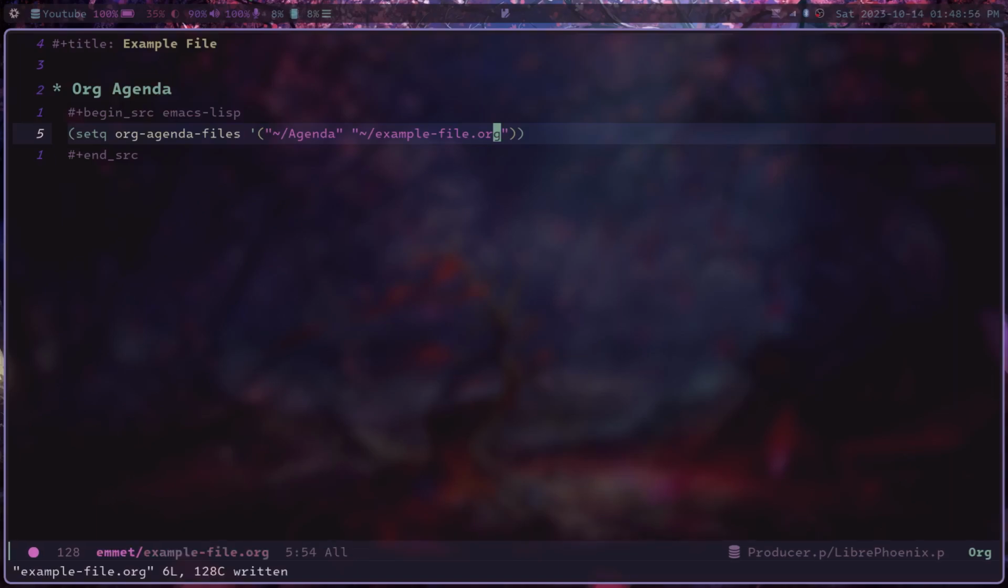And if you want to activate this change immediately, you can move to the rightmost parentheses for this command and type Control X, Control E. That will activate the function. It'll run it in the current working space. And as long as this is in your configuration, it should be running at runtime the next time you open